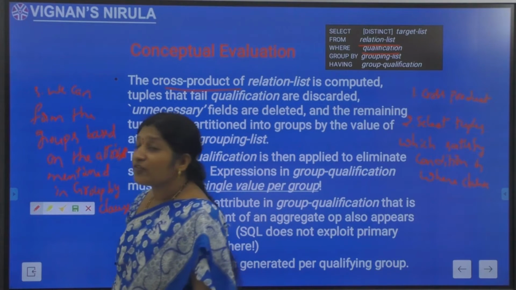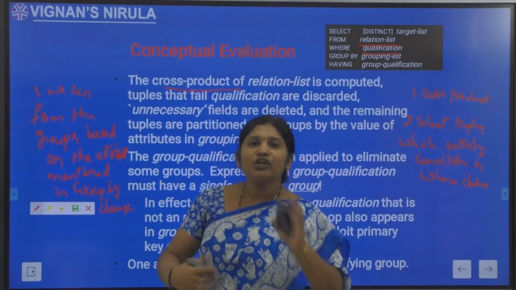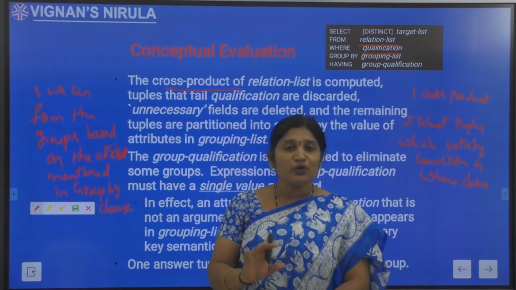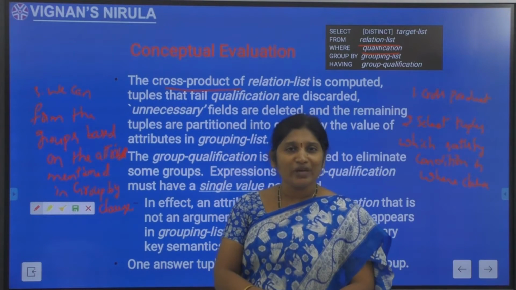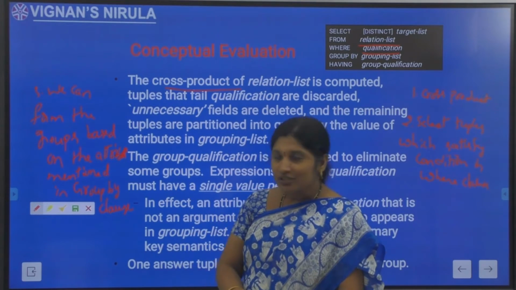So the next step after the where clause is, whatever tuples have remained, out of the tuples we need to form the groups based on the attributes mentioned in the group by clause. So after the third step we have groups.